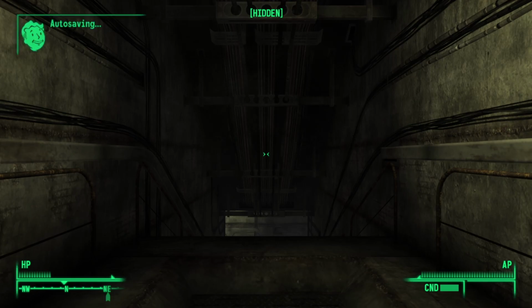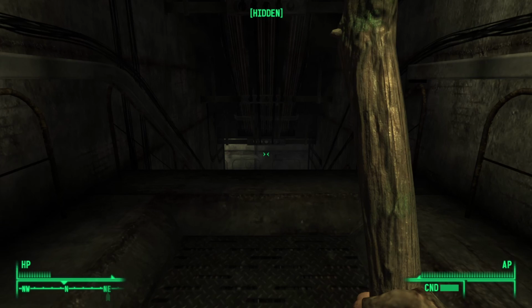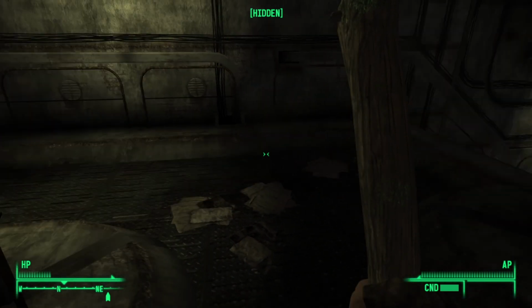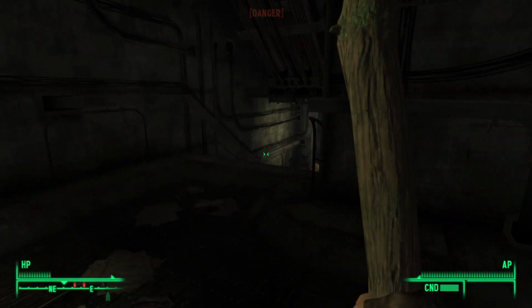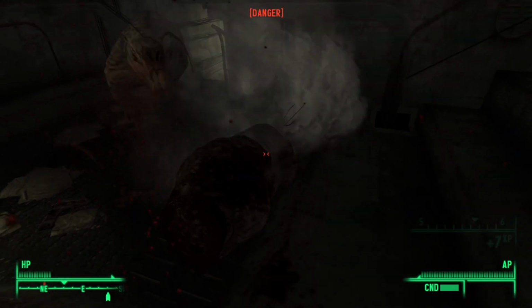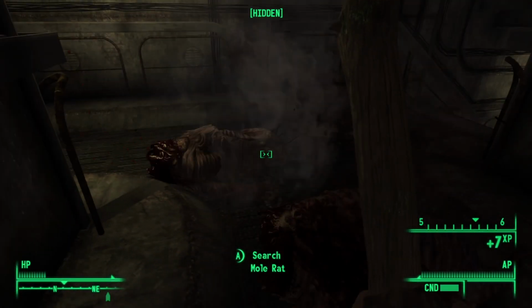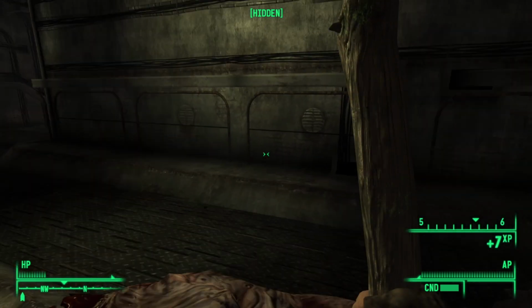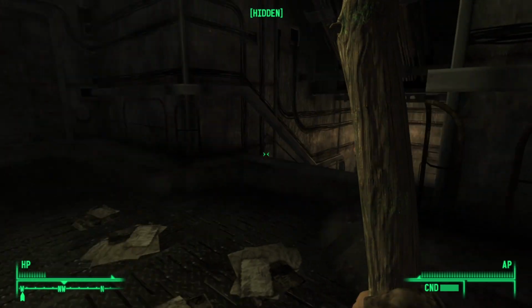Alright, let's see if we can find some mole rats in here and get those last four that we need before we go back to Moira. Oh, well, what did we find? Mole rat. Perfect. It looks like they're trying to run, possibly. Maybe. I also feel like this thing's attracting them, which isn't...